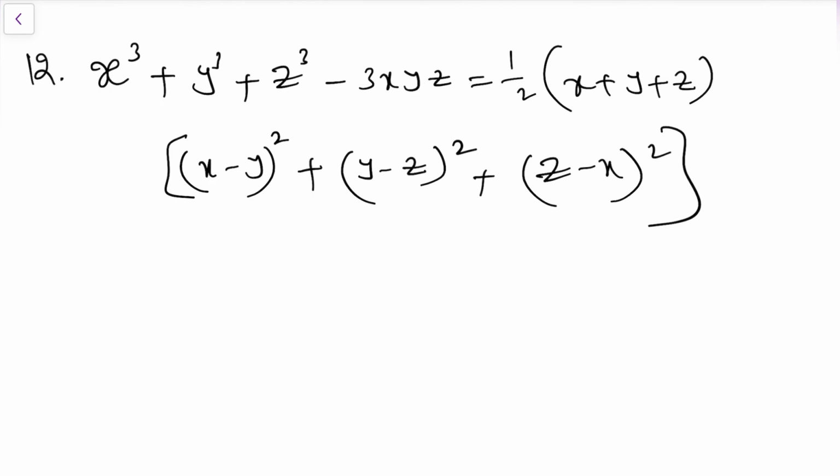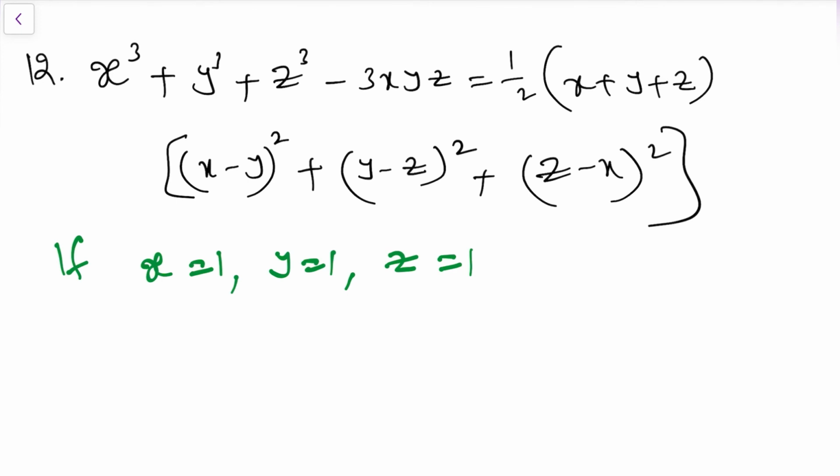This also again by any method we can use, that is by simplifying the RHS and making it equal to LHS, otherwise substituting some numbers in the place of x, y and z. So first I am going to do with substituting some numbers in the place of x, y and z. For easy calculation I am taking x value 1, y value also 1, z value also 1, because in this type of questions we should not take negative symbols, otherwise bigger numbers, because it will become difficult for calculation and it is just waste of time also. So take whatever easy numbers you are able to take.